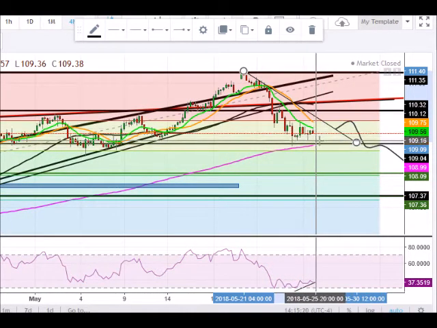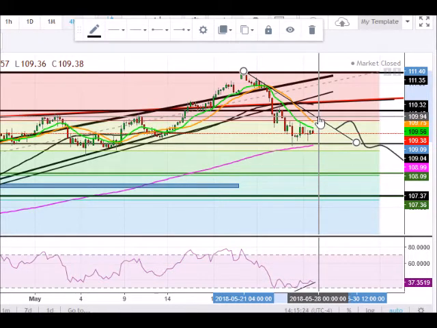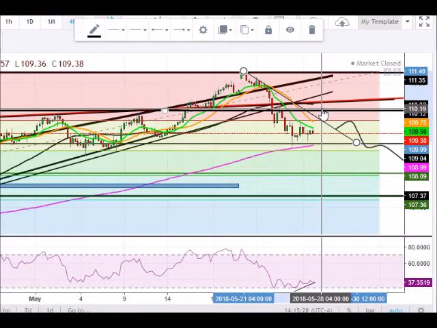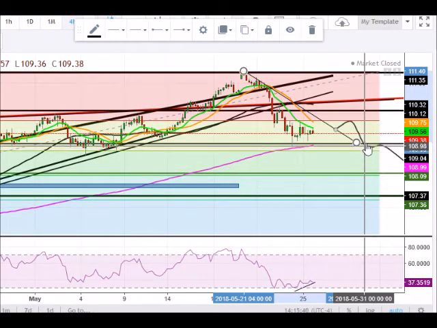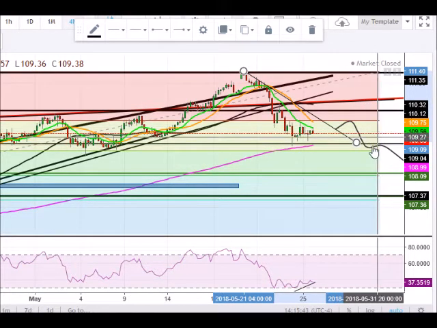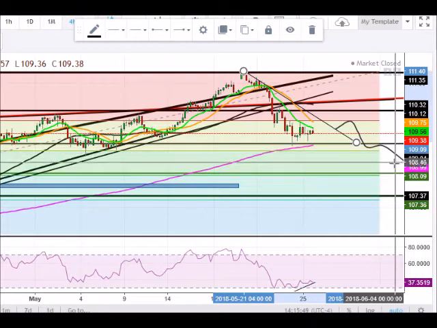So near term, I do imagine we'll see continued push back up to 109.80s, maybe reaching as high as 109.95. Wouldn't surprise me at all to see us stretch up to 110.10 and test that broken support level here. So then we'll go ahead and just continue to drive down. Still looking for another return here to the 109 level, maybe reaching down to 108.87 and another push back up